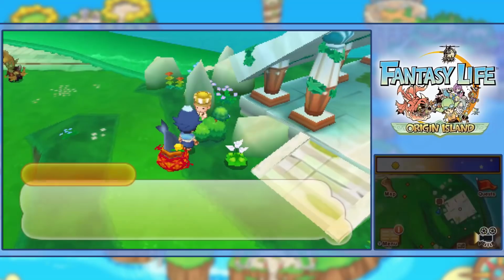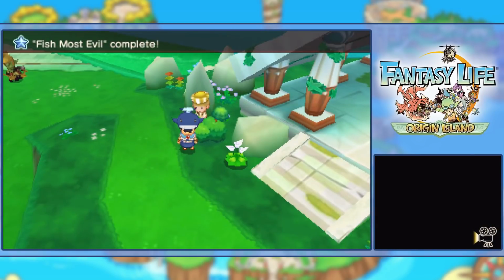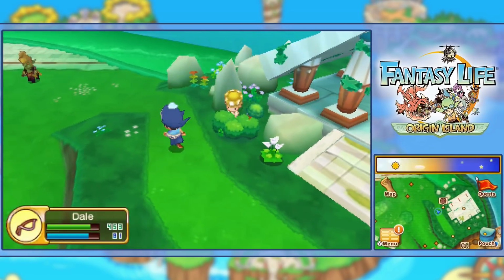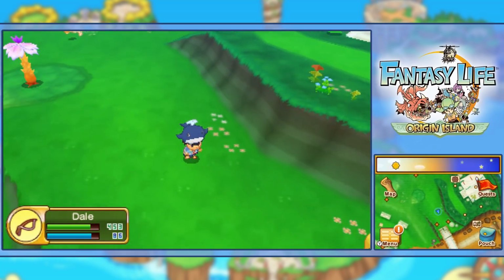We can cash this in. And yeah, that's a very nice demonic tuna you have there. The fish most evil complete. Okay, so now all we got to do is find the godfish. And if I recall, I believe...